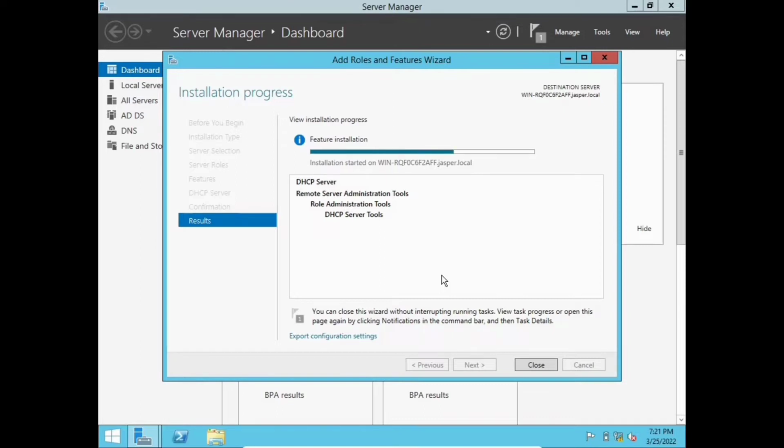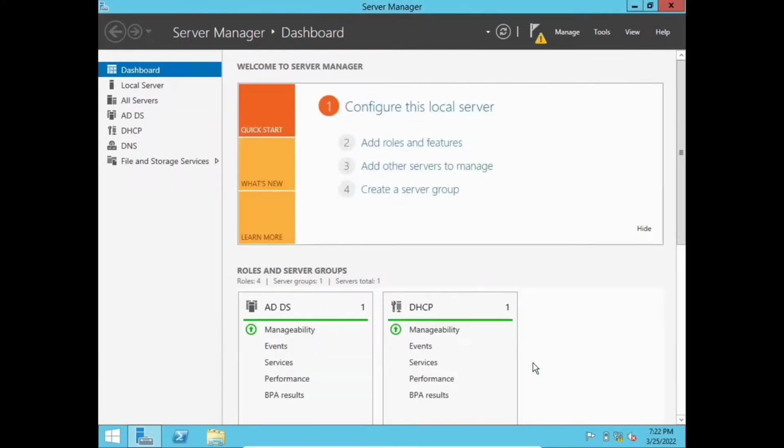We can close this wizard without interrupting running tasks. View task progress or open this page again by clicking Notifications in the command bar and then Task Details. So after the installation is done, click close. Then